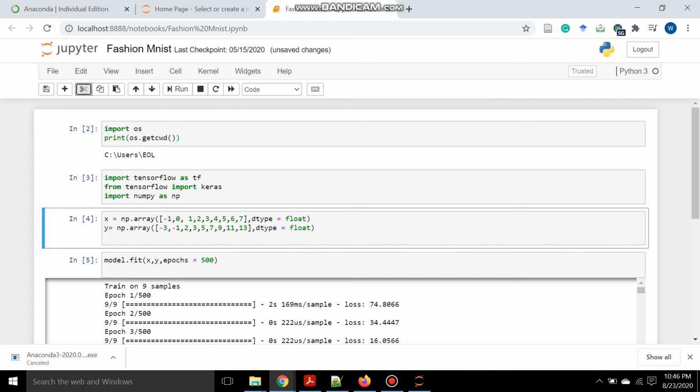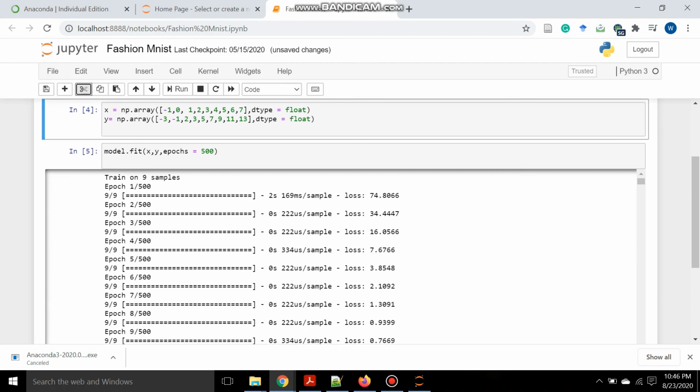So till the next video, you just need to have Anaconda installed, and you just need to know how you can open the Jupyter Notebook, and then we will start from